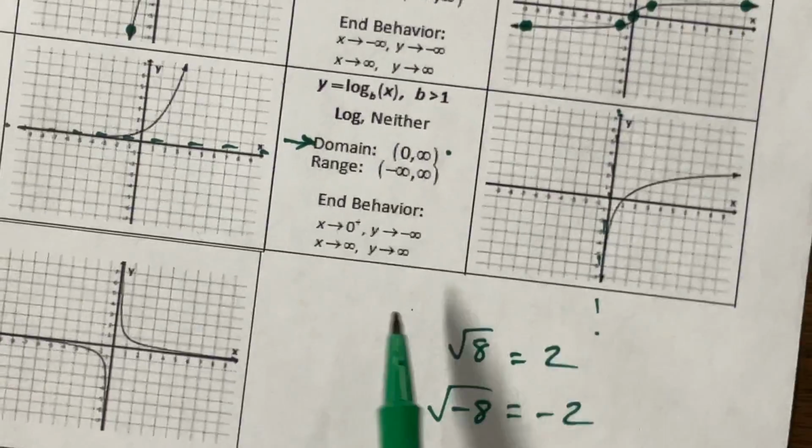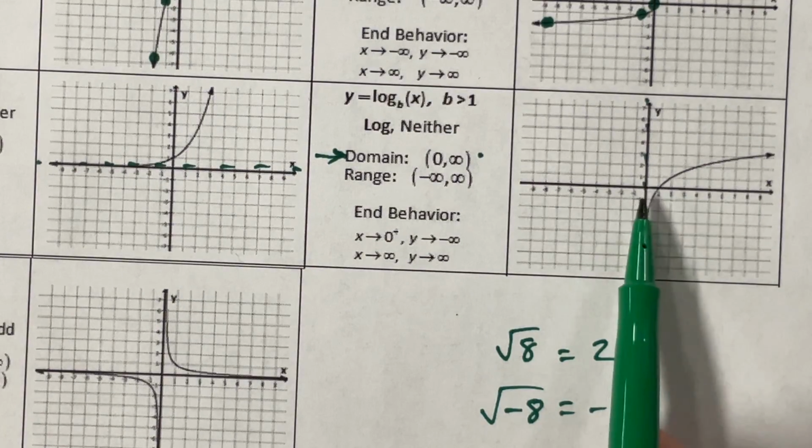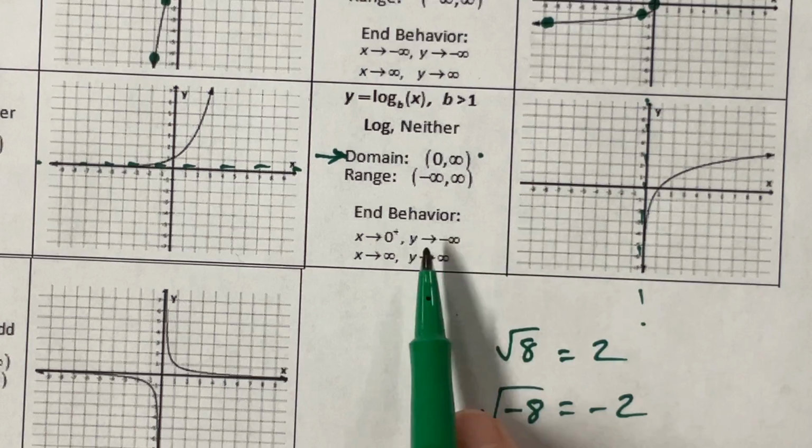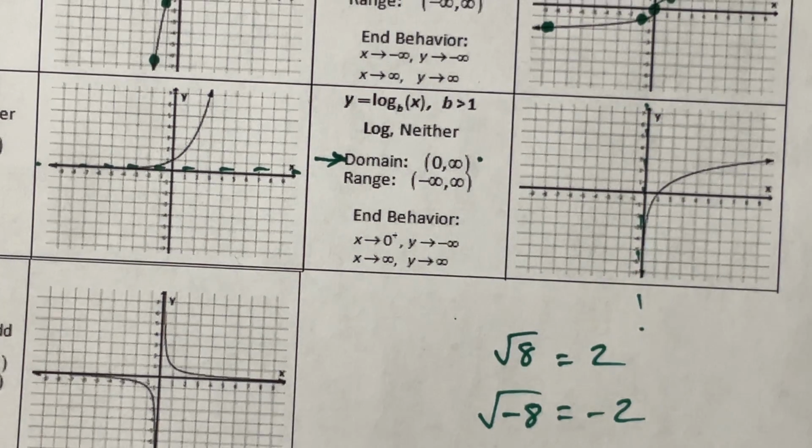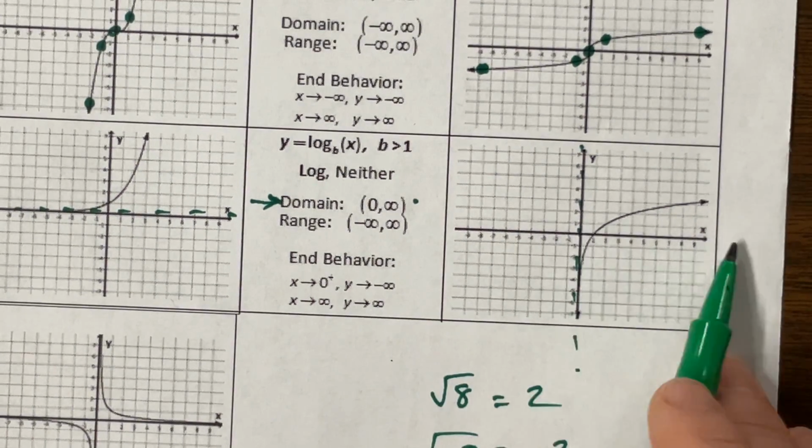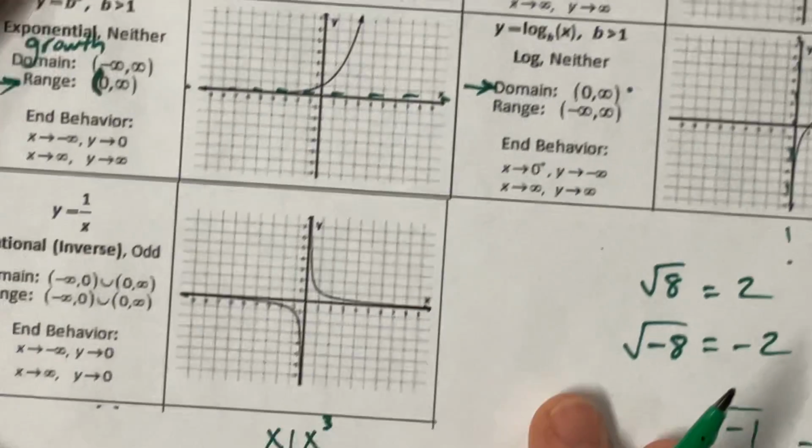And so our end behavior as x goes to 0 from the right, it's going to go down to negative infinity. And as x goes to infinity, y goes to infinity. Okay,